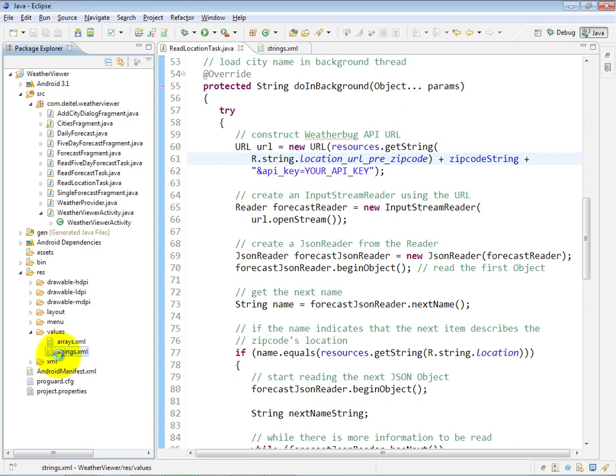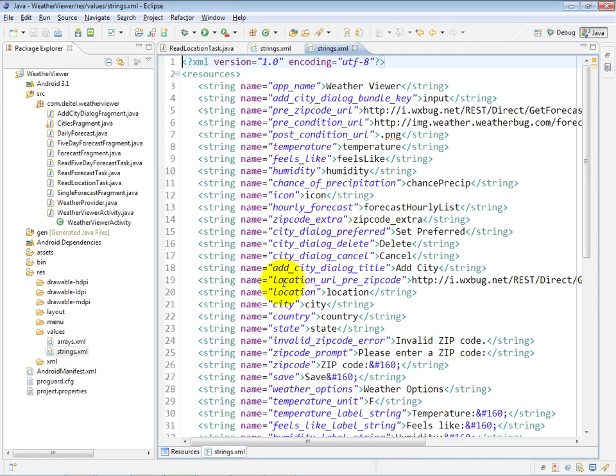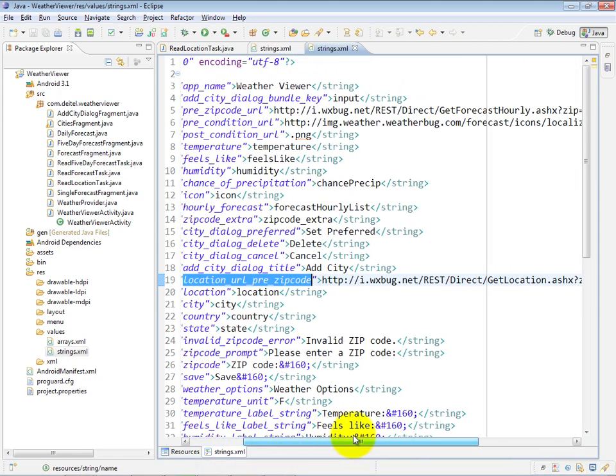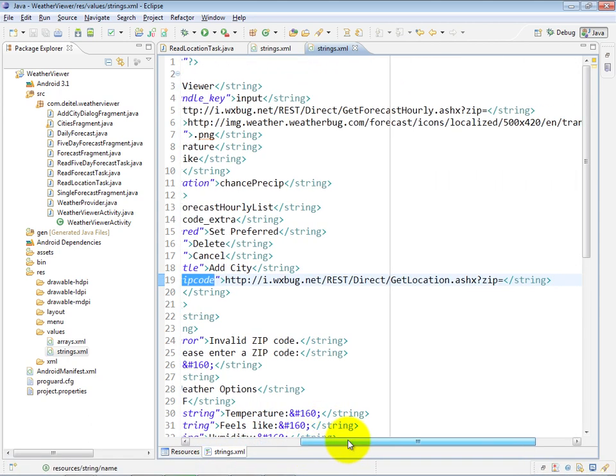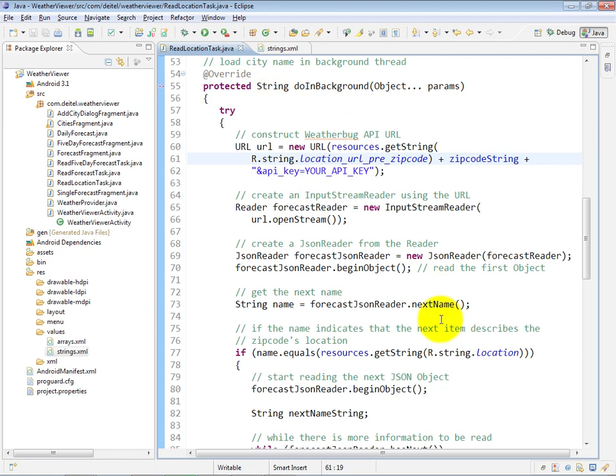So if I go over to strings.xml, you can see here is the string that we're talking about, and I've hard-coded into my strings.xml file the beginning part of the web service URL up through where we're specifying the zip code parameter. Then we add to that the zip code string, and we add to that an ampersand to separate the first argument from the second. The name of the next argument is the API key argument, and then you say API key equals, and where